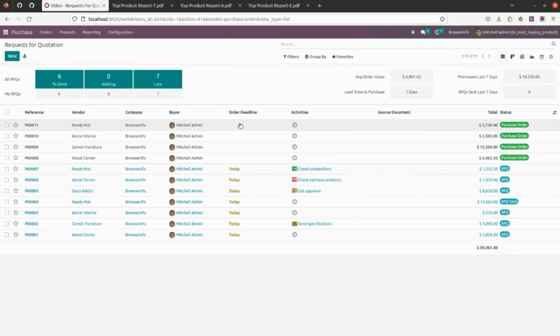So this is how this module will print PDF as well as Excel reports of all the top buying products